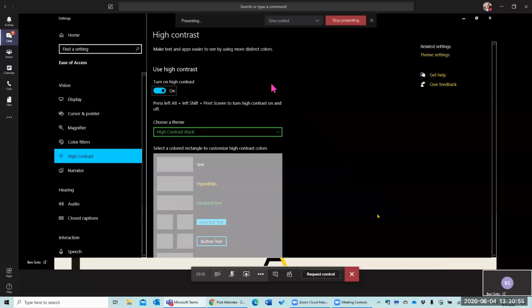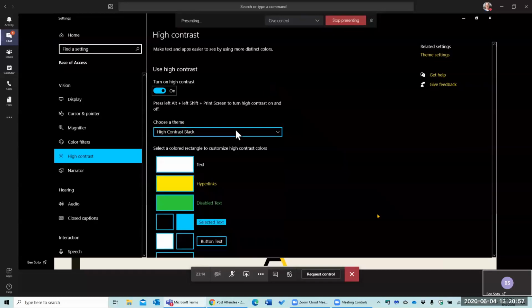So instead of the light background, my default high contrast theme happens to be a dark background, no transparencies, remove all shades of gray in between, and just focus on black, white, and my links are kind of bluish, I think. I have some color filters on, so I can't actually tell what colors these are. But